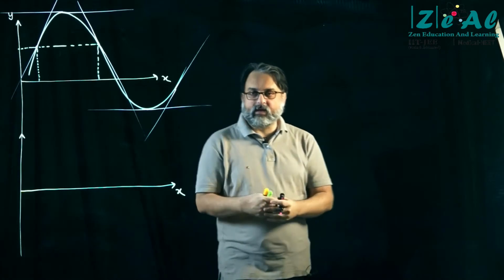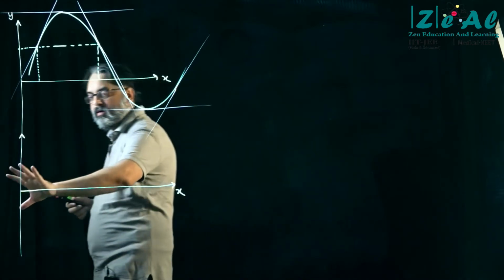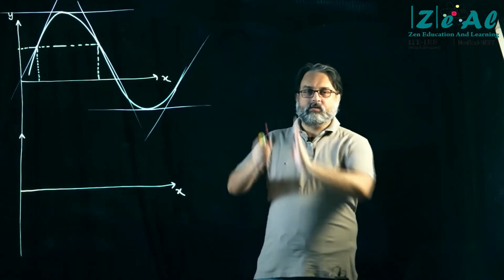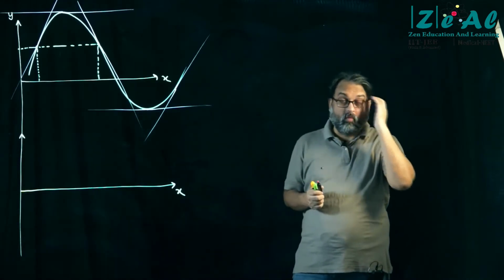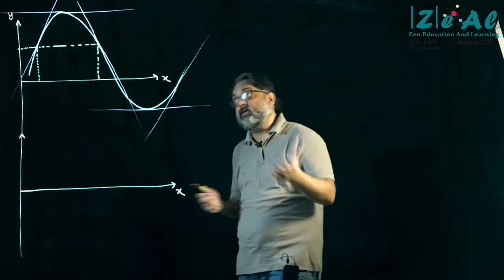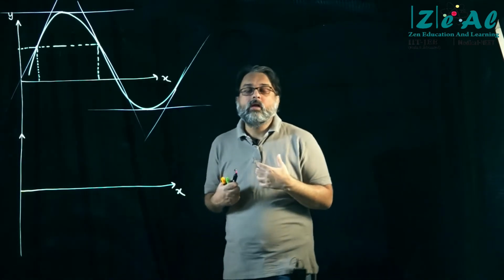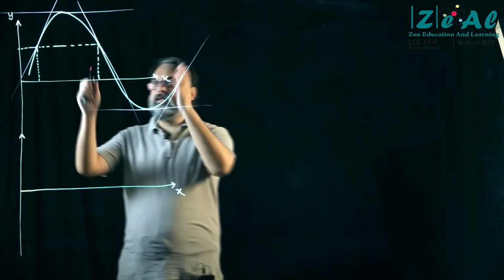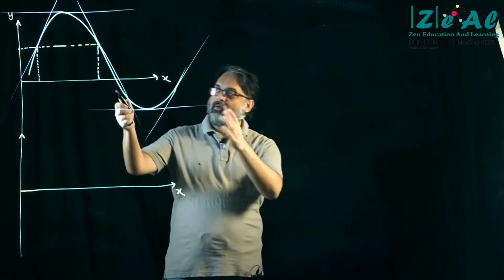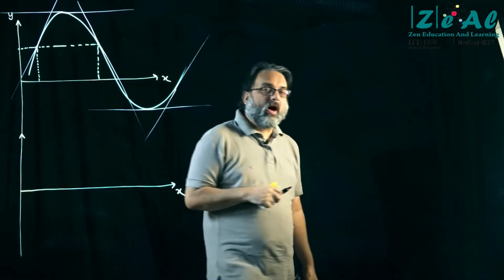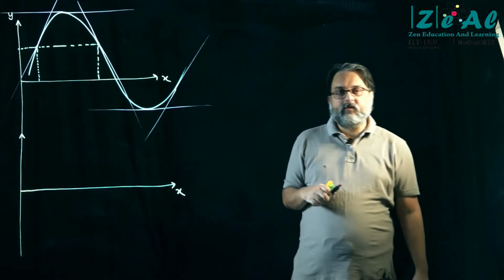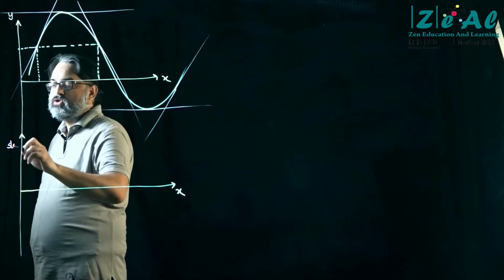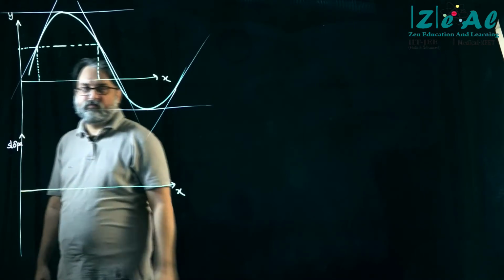Now I am saying that I want to draw another graph here where the x coordinate remains x, but there is something there on the y-axis. Right? What is there on the y-axis? Well, it can be another set of data, but I am telling you that another set of data has not been given to me. Whatever data is there is here only. So I want to draw the other graph between x and the slope of this graph.